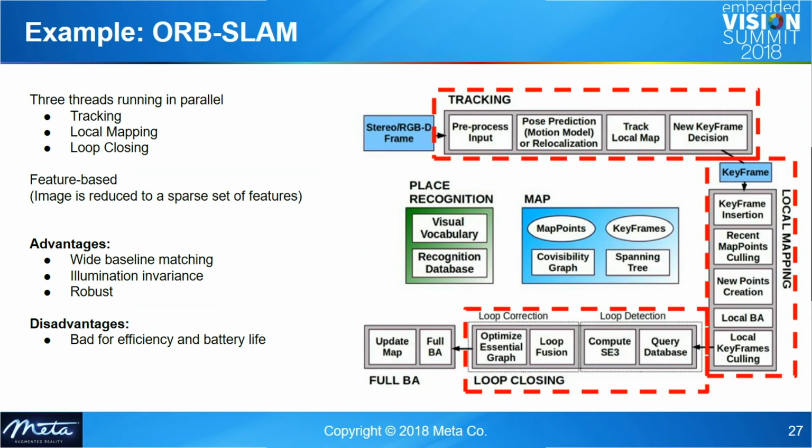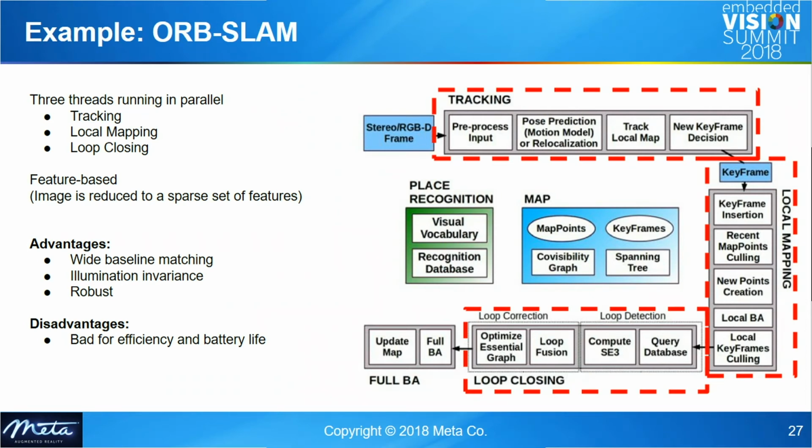As the name implies, OrbSLAM uses the ORB feature extractor or feature descriptor heavily for all the components. And because of this, it has advantages such that it is pretty robust to different illuminations and